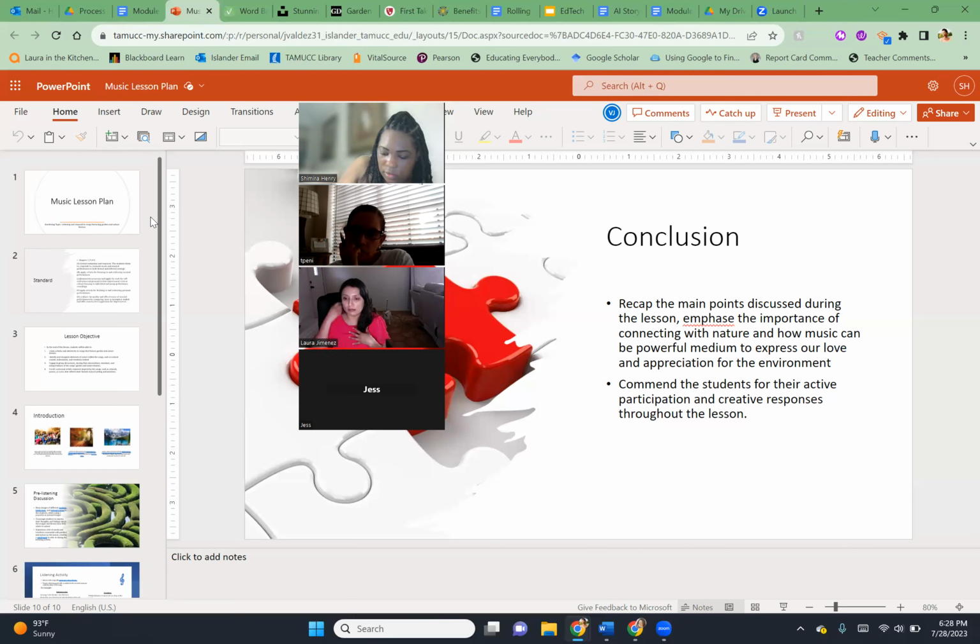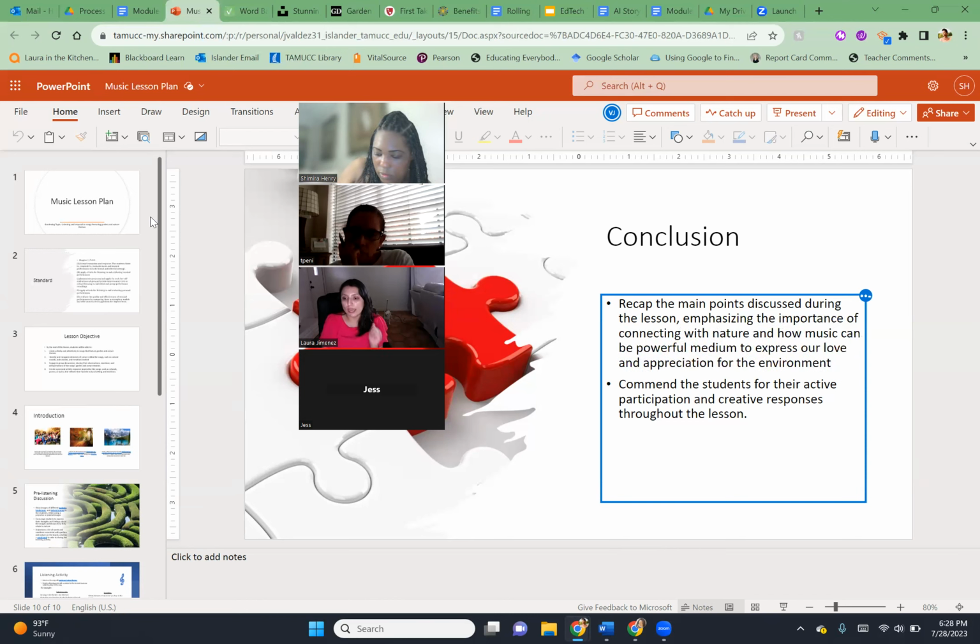It affects us. The only problem is I don't know what type of material I would use to support that. Would it just be simple text and then use a strategy, or do I let the students decide what type of strategy to use and supply the information? Is that kind of what I do in my lesson plan? Yeah, if you come up to a point where you don't know what material or resource to use, just put in parentheses "need a resource," and I can provide some things to go along with it.